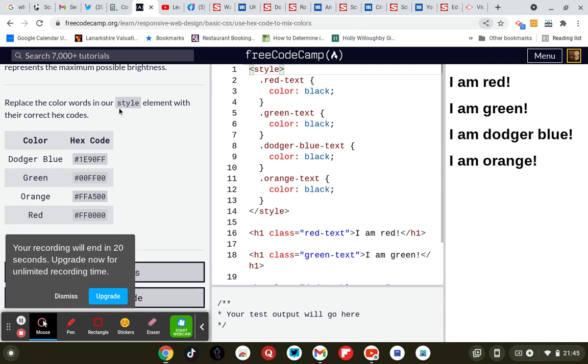Replace the color words in your style element with the correct hex codes. Right, so